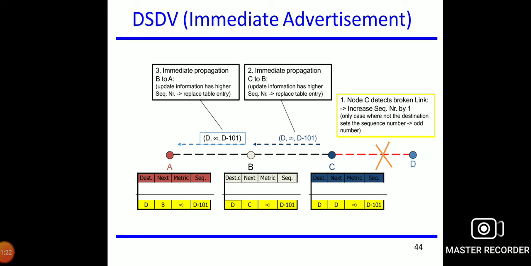A still must update its routing table on the first arrival of a route with a newer sequence, but it waits before advertising it. The time to wait is proportional to the average settling time. Like this, fluctuations in a large network can be dampened to avoid unnecessary advertisement, thus saving bandwidth.